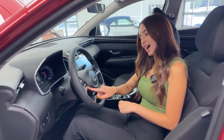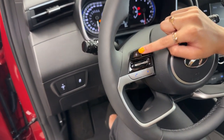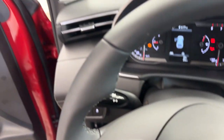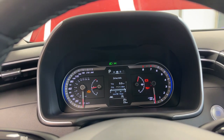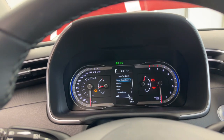On the left side, we have our volume controls as well as our Bluetooth and media controls with voice commands. And then on the right side, we have our menu. So if I press this button here and you watch our digital section on the dash, you can see we can cycle between our different menus. Your all-wheel drive torque distribution, your drive info, which will show you your trip and your